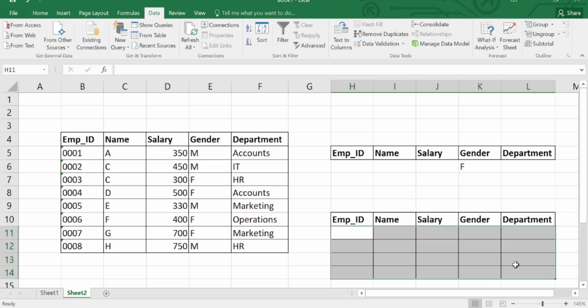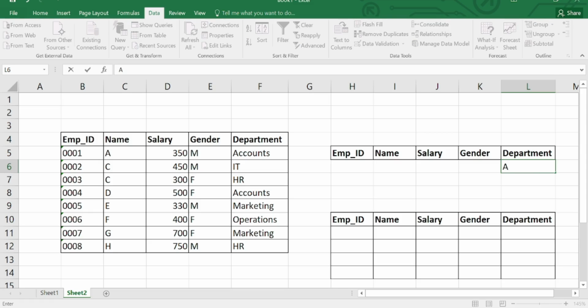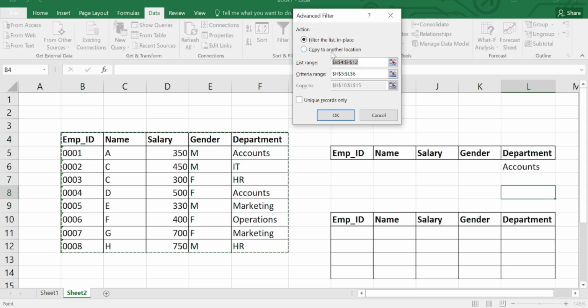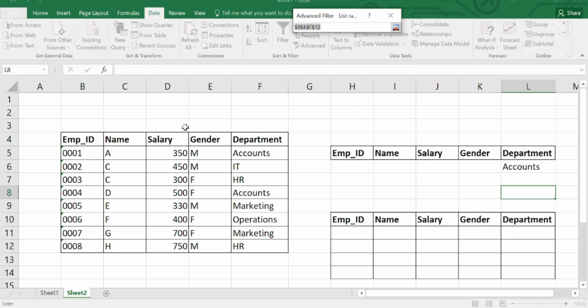I'm giving another criteria here, right? I'm not going to select F employees. I want to select employees in the accounts department. I'm typing Accounts here, right? Then I am going to filter, advanced filter. What is the list range?